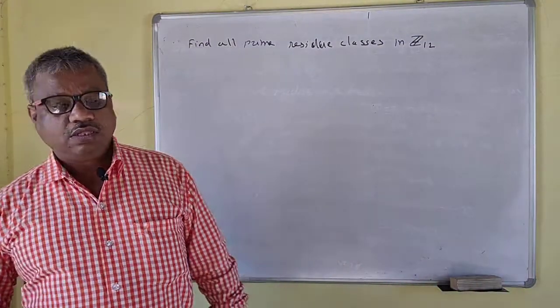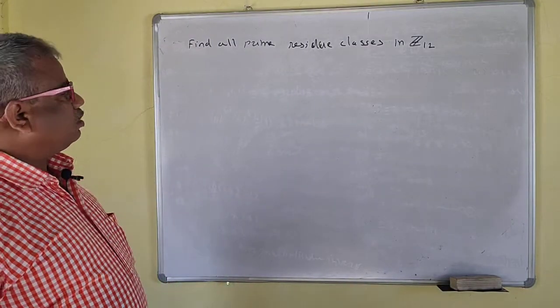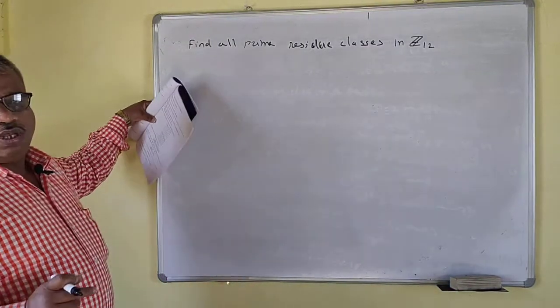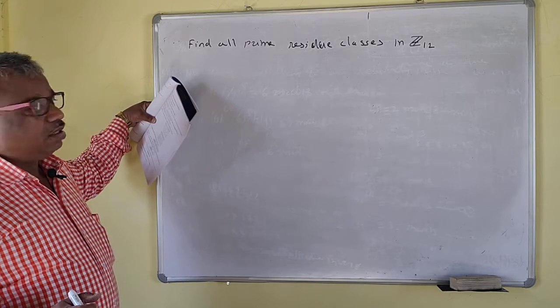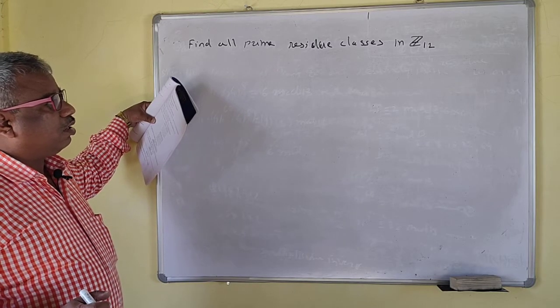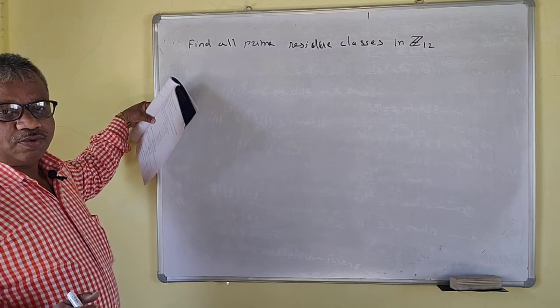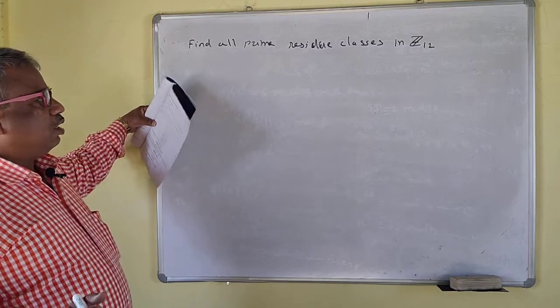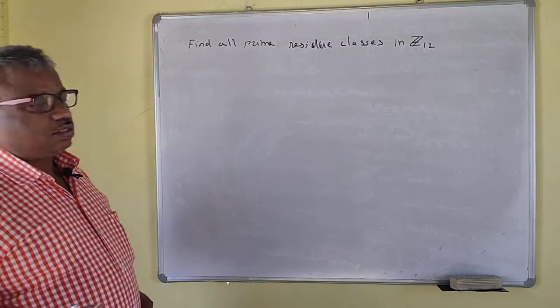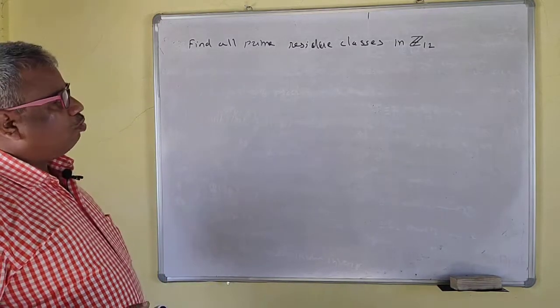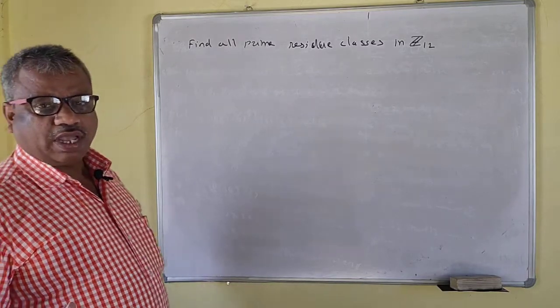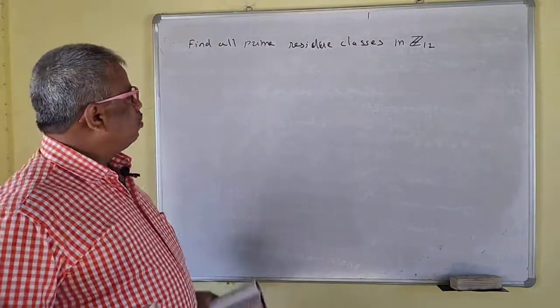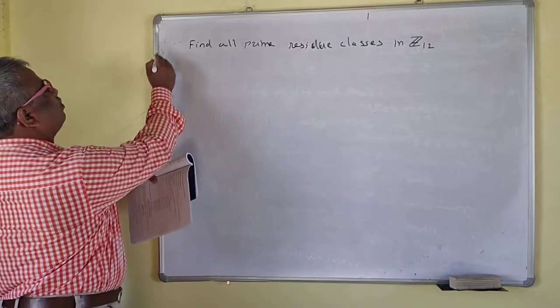Last time we have seen the prime residue classes, or residue classes modulo M. So we have taken some examples on the residue classes modulo M or modulo N, whatever this. Now we see some examples on these residue classes modulo N. N may be anything. So here this is the problem.